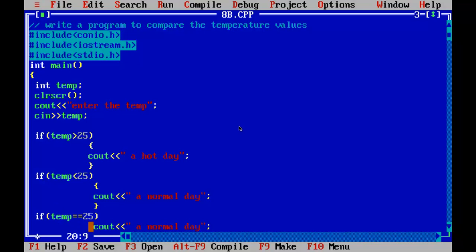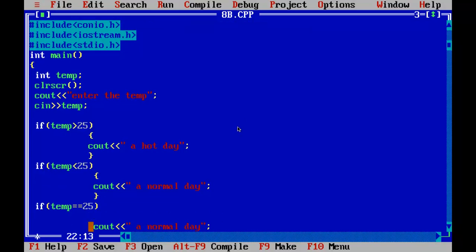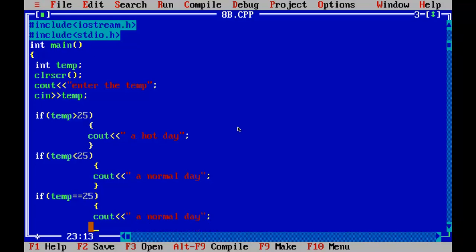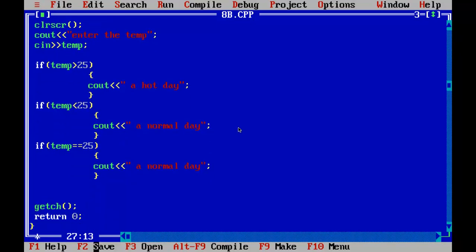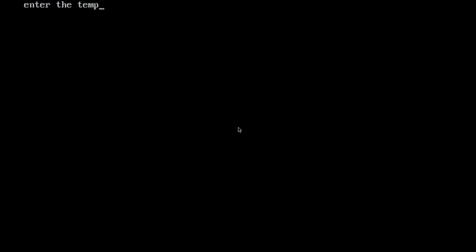Temp equal 25, this one, and the bracket starts here and closes here. Get CH. Okay. Alt F9, no error. Now Control F9, enter temperature.